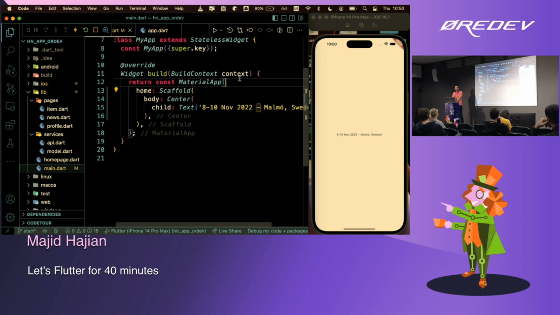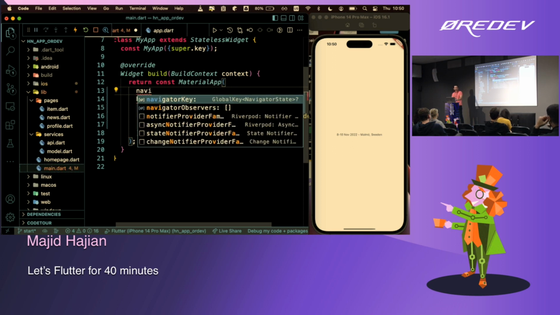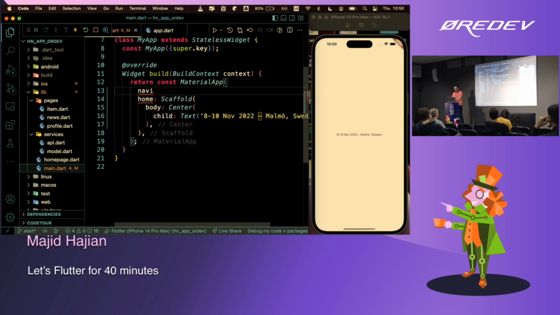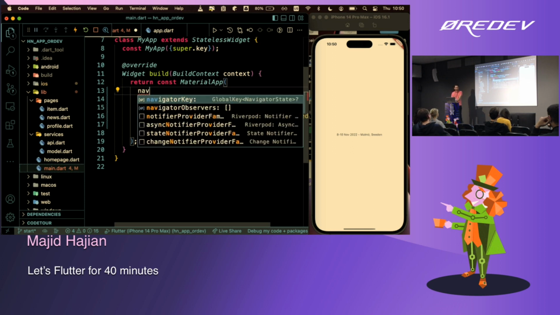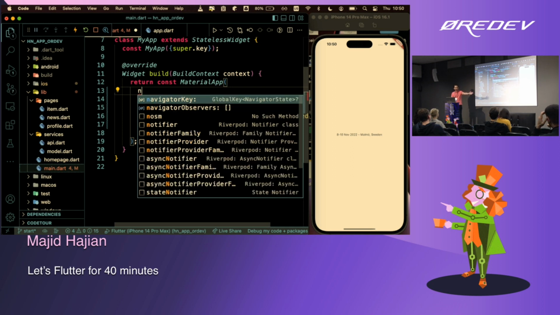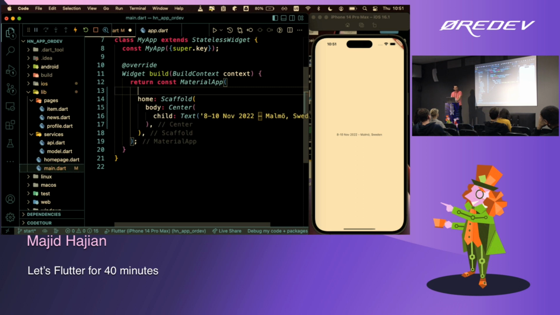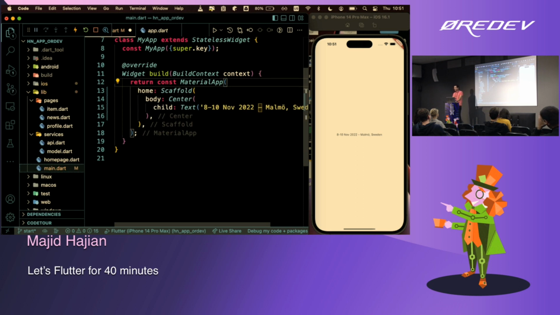That means I can come here and search for the exact same name, and the analyzer is helping me to quickly complete this. So you see, if I just search N or whatever, I get everything that is available over there. So that's named parameters.